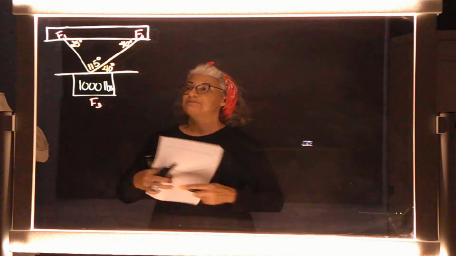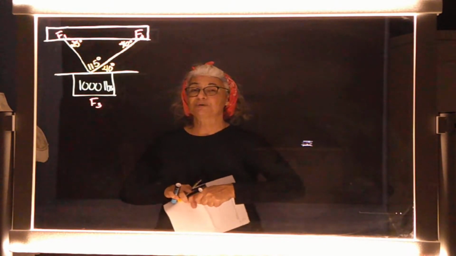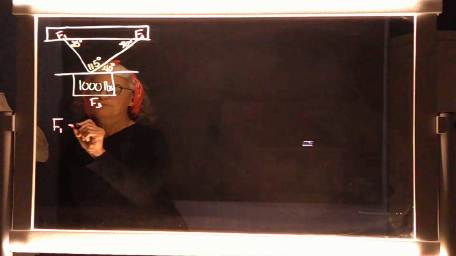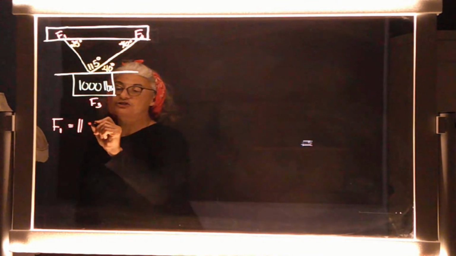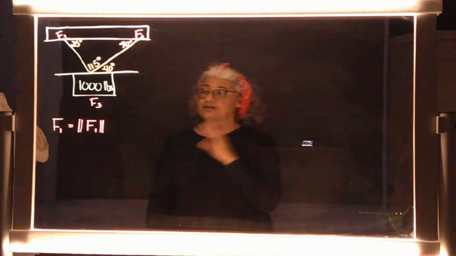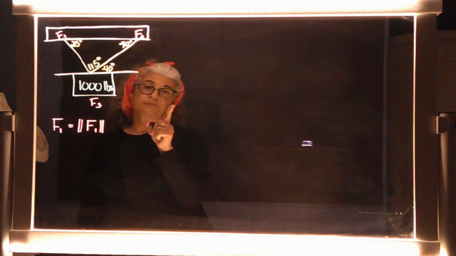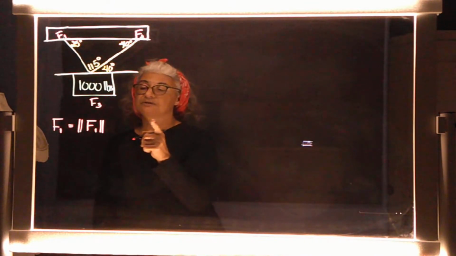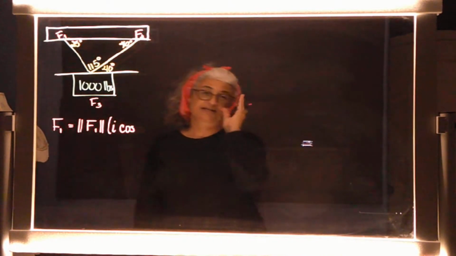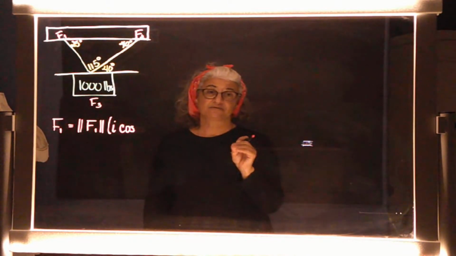So here's the deal. Let's look at the information that we have for the F1 vector. Remember, I'm looking for the amount of tension on it, right? I'm looking for its magnitude. I don't know it, so I'm leaving that alone. And I'm going to multiply it by its unit vector. Well, here's the thing. In order for me to finish this, I need to know the angle for the F1 vector, for this